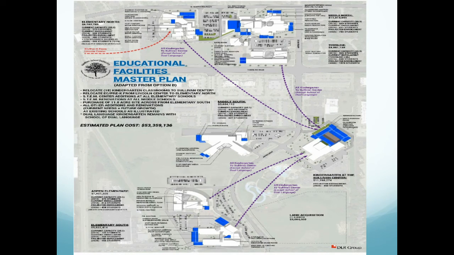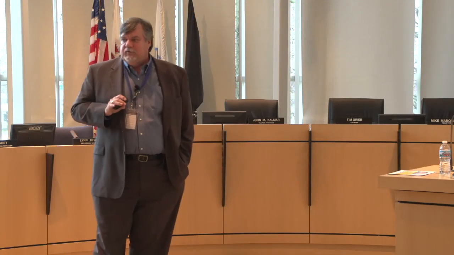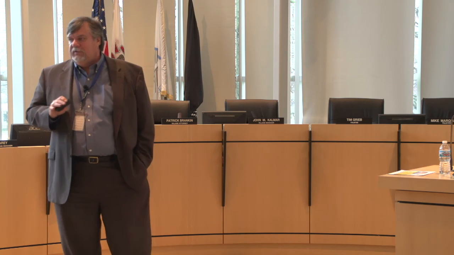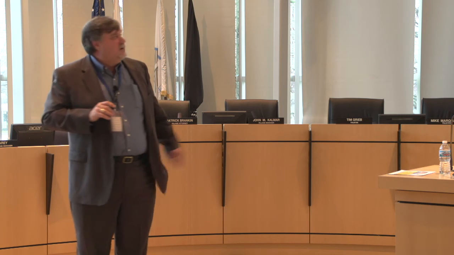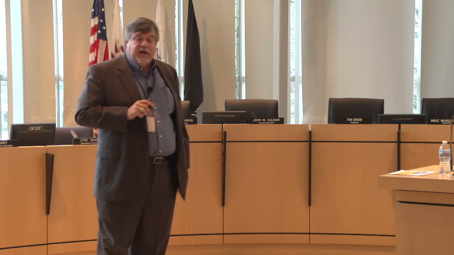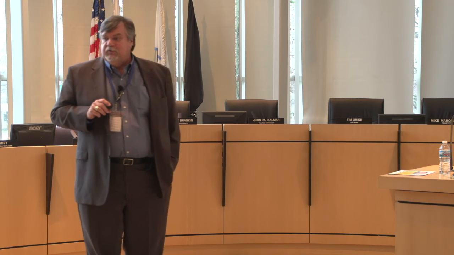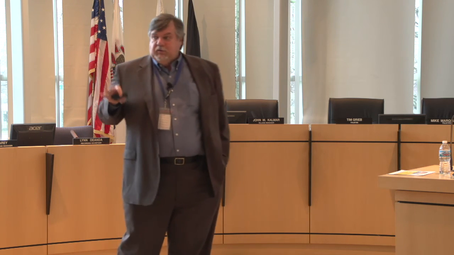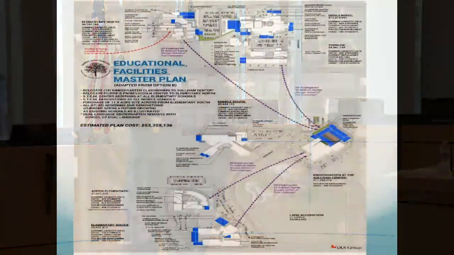The next slide shows you the Educational Facilities Master Plan referencing just the question that's on the ballot for April 4th. You'll see that the kindergarten center is dark. That is being funded through cash reserves. The board has committed those dollars to build that kindergarten center to avoid that increase on the tax base. The remaining are the same diagrams that we showed previously, and that comes out to roughly about $42 million worth of work. That $42 million are additions or renovations to all of the buildings in some format.